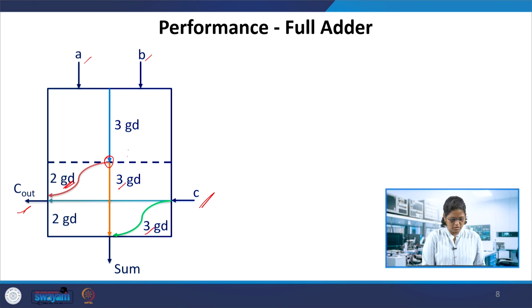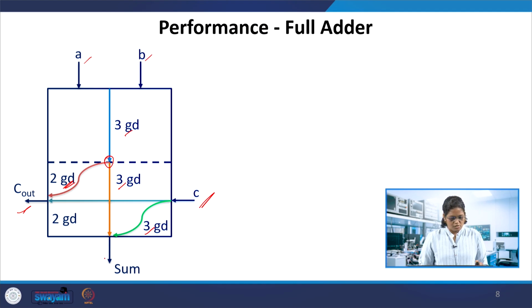So 3 and 3, these are justified, and the intermediate sum you can go. If you have this intermediate sum, the C out can be calculated with 3. So if we have all of them, A, B, the intermediate sum can be generated with 3, and to get the carry it is only 5. So 5 gate delays. Okay, so if you want to directly compute this with the C, here this is sum.